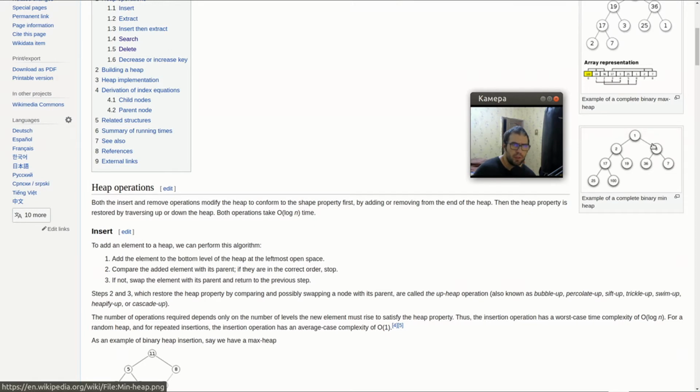To remove 3 from it, I must take the last node in my array. In this case, this is 100, and I must remove this node and put its key here, replacing this 3 with the 100. Then I do this replacement. I can increase this key or decrease this key or state it as the same. If this key stays the same, I don't need to do any modification. But if I increase this key,